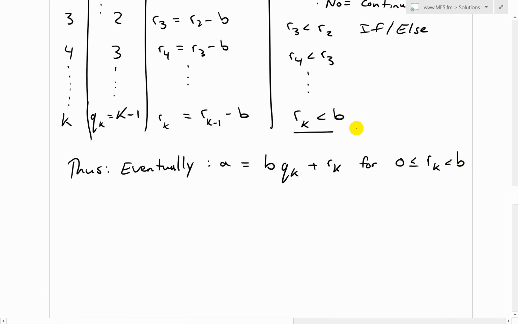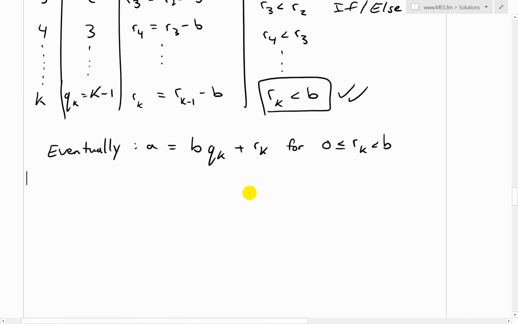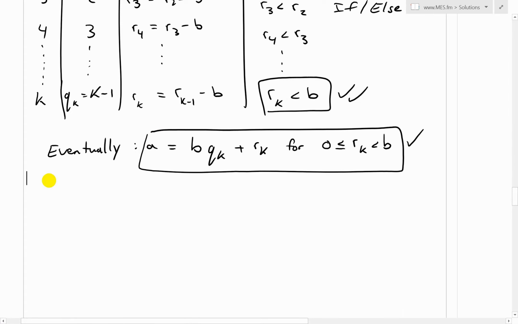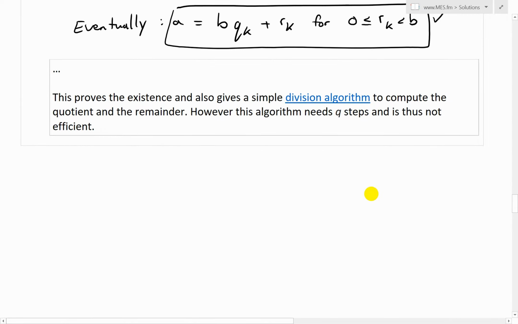So we'll eventually get to this, and we are done. And that is the kth row like that. So yeah, I just moved everything to the left, and let's just circle this like that. So going further, this proves the existence and also gives a simple division algorithm to compute the quotient